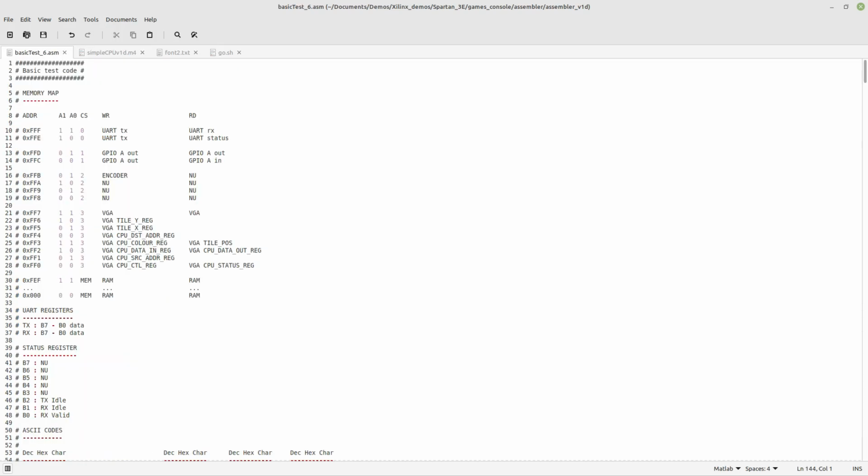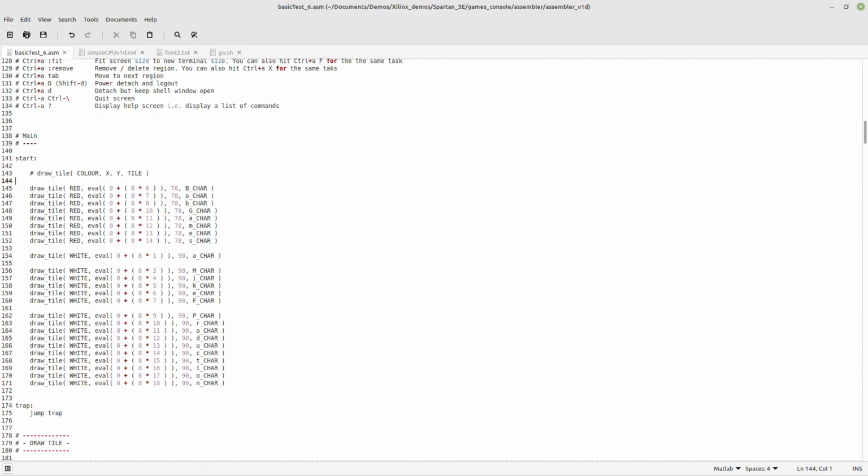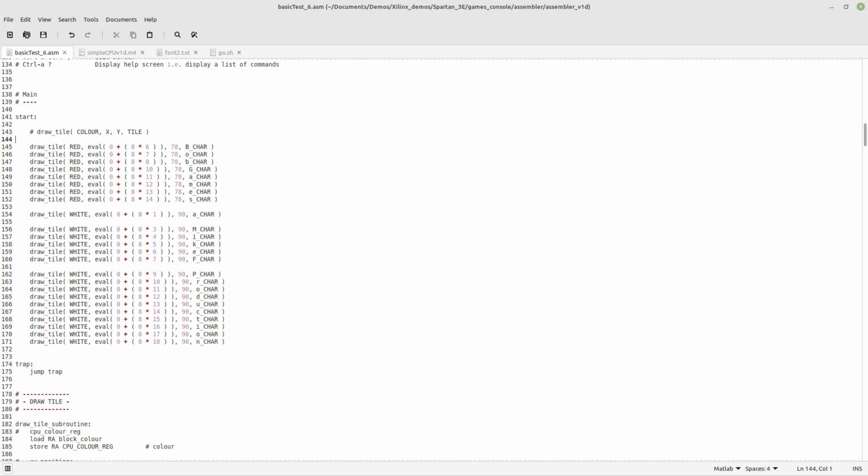10,112. Again, to show this software in action, we have test program 6. To draw those tiles on the display, we can just use the draw tile macro. To use that macro, you pass it the color that you want that tile displayed in. So the hashed elements in that graphical representation will be red, the dots will be black. And then the X and Y positions on the display where you want the top left corner of that tile